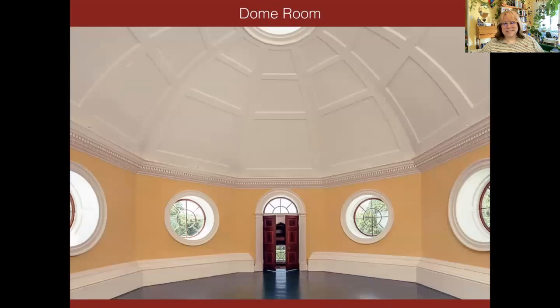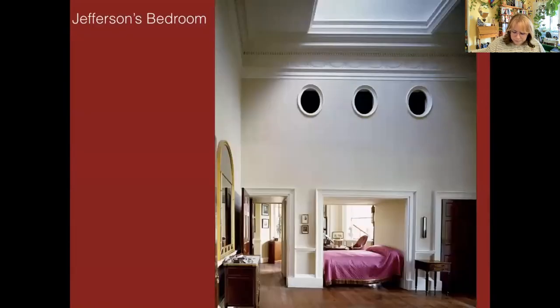Okay, I will admit, this is pretty cool. So this is the dome. I would put so many plants in here. This one's cool. It's got a nice oculus. Very Roman. All right. As though Thomas Jefferson wasn't enough of a human piece of garbage.